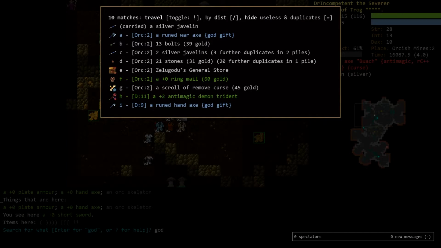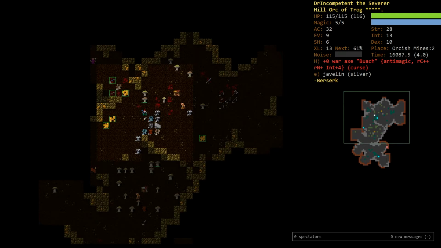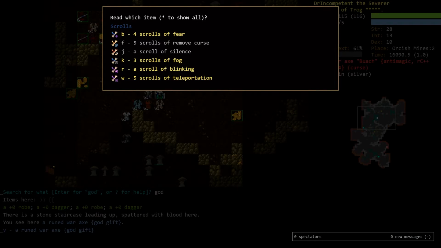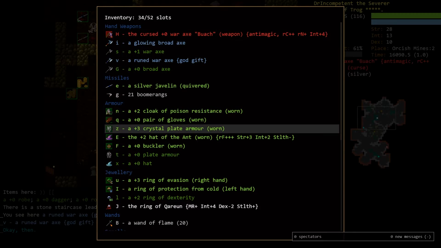Let's look for the god gift that was given here. A runed war axe. Okay. They sort these by closest to furthest away, if you're curious. All right, so here's the runed war axe. Okay, so we picked it up, and we still don't have any identification, and so